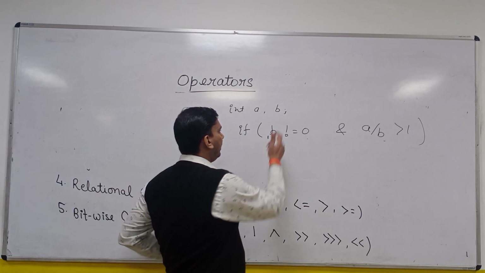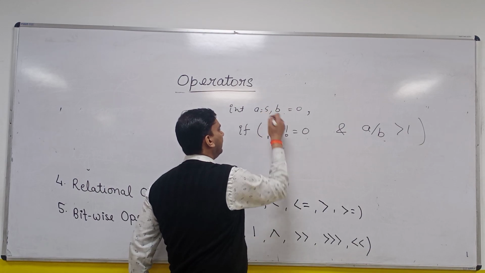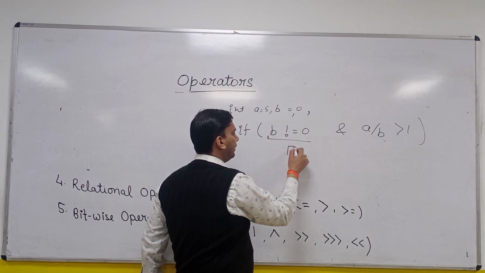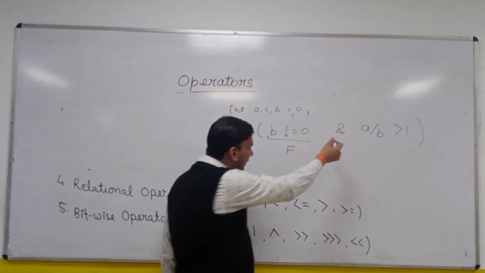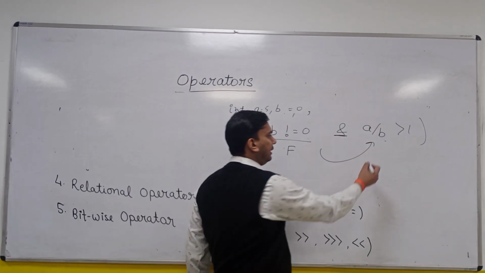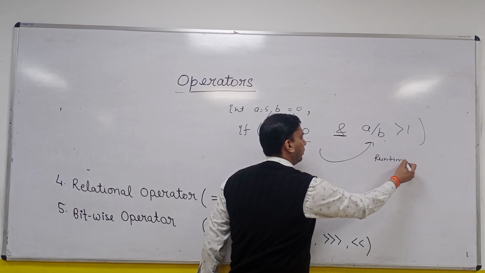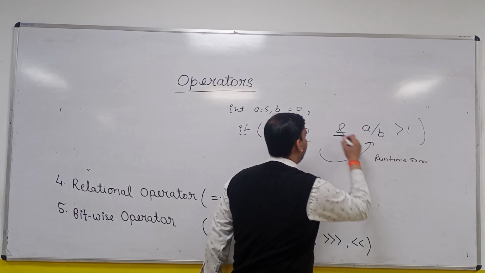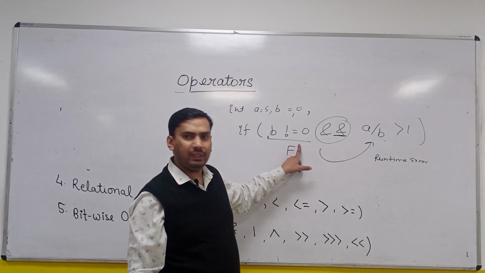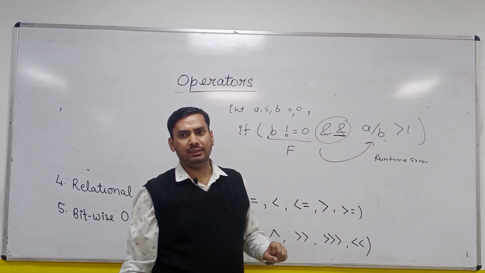Here it will say, okay, even if you have b equal to 0 and a equal to 5, it will check b not equal to 0, and since b is equal to 0, it will return false. But still, because it is a logical AND, it will execute this, and it will give you a runtime error. So this is the use of short circuit AND: when you want to ensure that the primary condition is met, only then you evaluate the secondary condition.